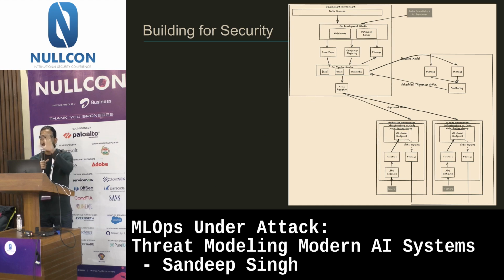So these are different security boundaries you can think of, and what are the controls that you'll do? What is the segmentation there? If it's a cloud environment, what kind of firewall rules exist? What kind of access policies exist and things like that. So when you're building for security, based on all the attack patterns or the threat scenarios that you've seen, this is a rough mental model to have.